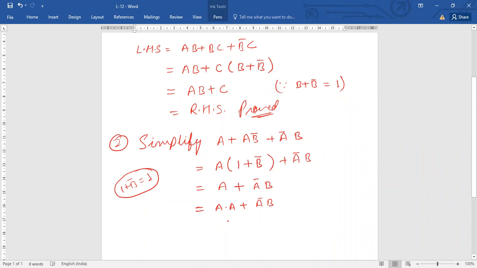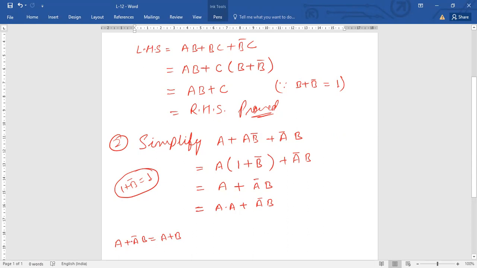Sir, directly we can also write a plus b, because a complement will be redundant by the theorem. Okay, you are telling that a plus a bar b can be written as a plus b. So using this principle,